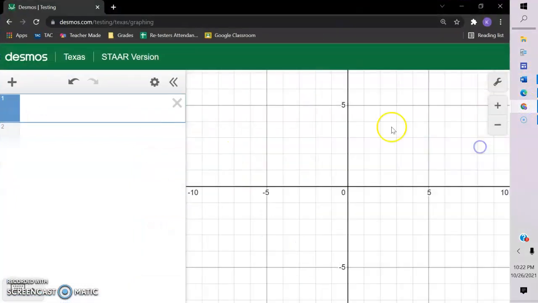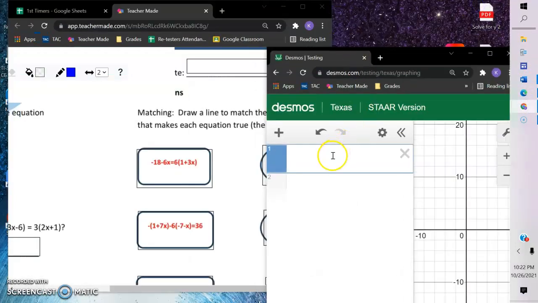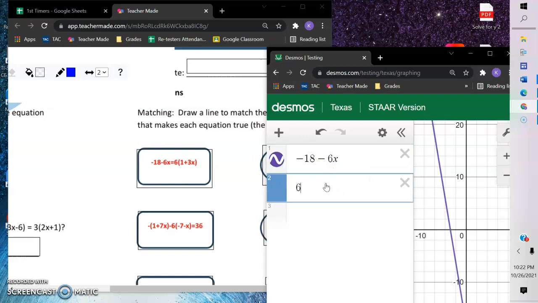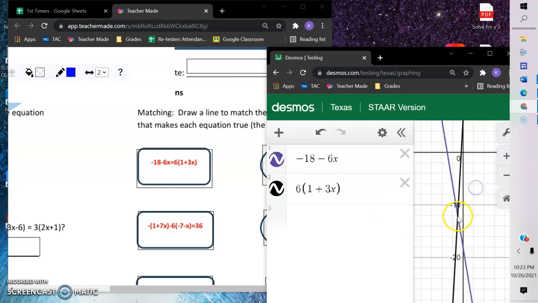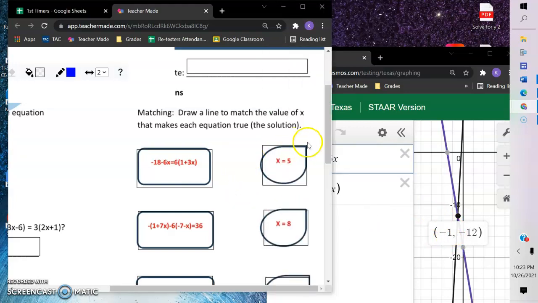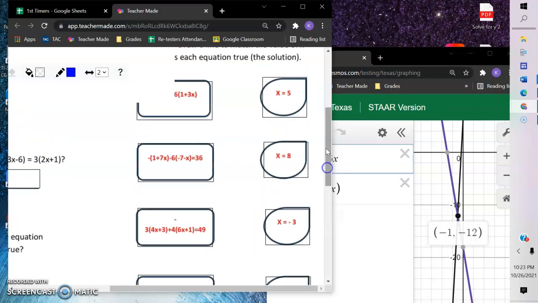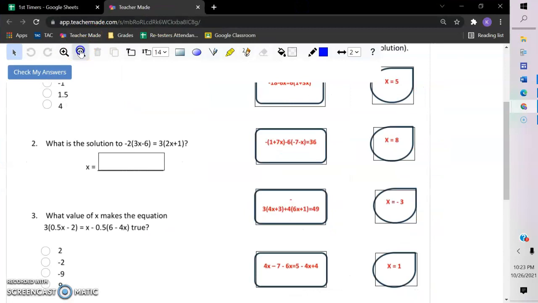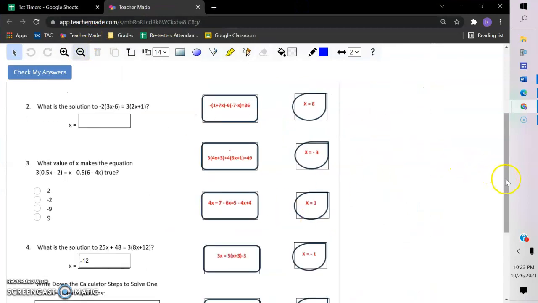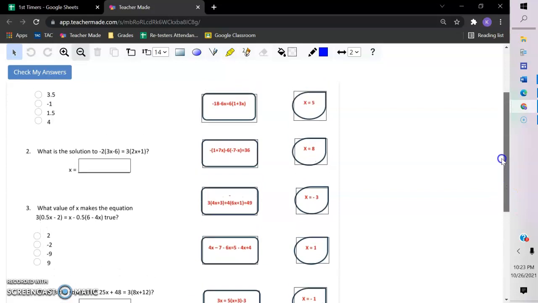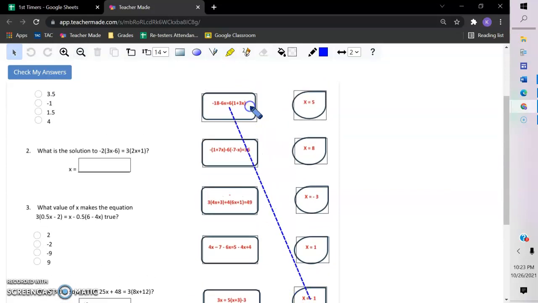So again, we get our calculator and we're going to type in -18 minus 6x in number 1, and in number 2, 6 parentheses 1 plus 3x. And we're just going to find out where they cross. They cross right here, which is at -1. So again, we look for our -1. It's right here on the bottom. And I'm going to make this bigger and zoom out so that I can see everything up here. -1 is right here. I'm just going to match it with this one. And then I'm going to go on to the next one,